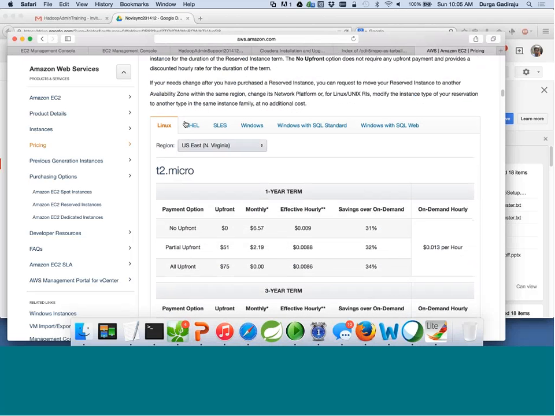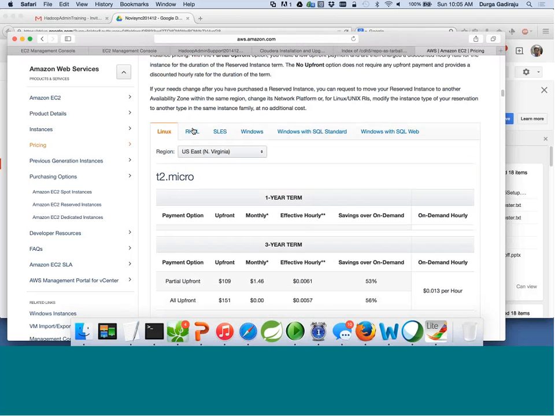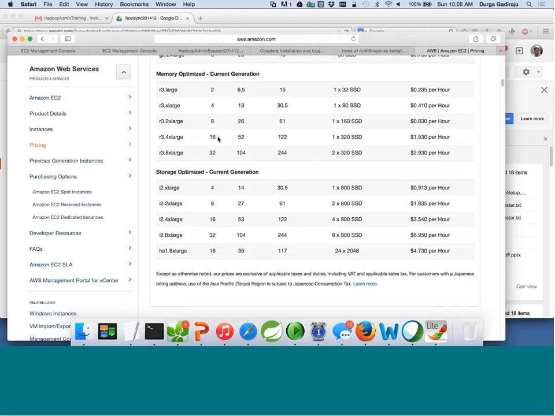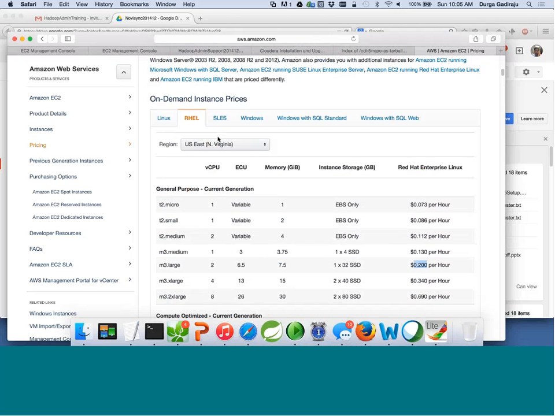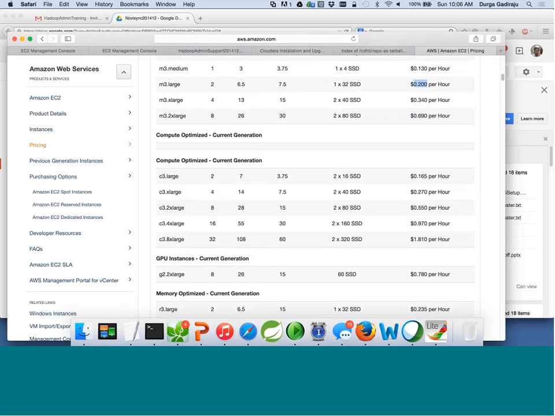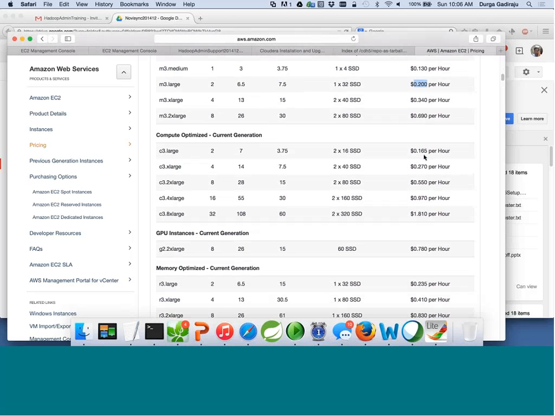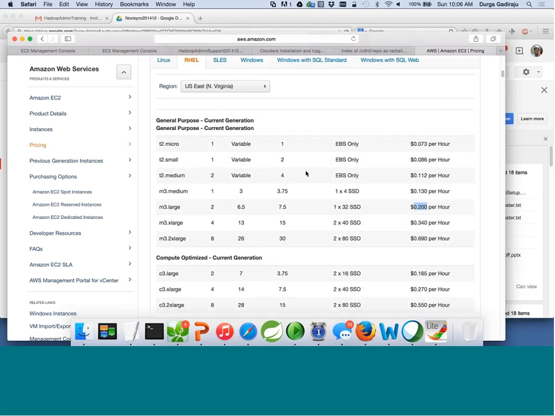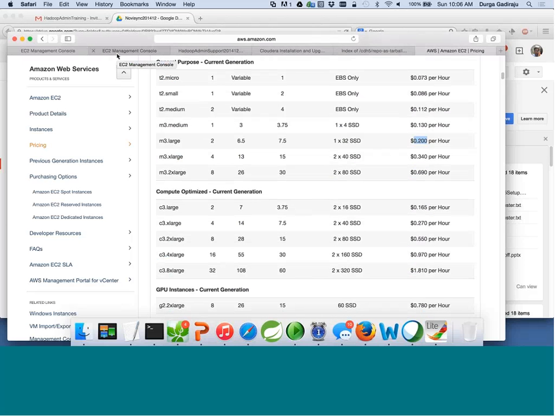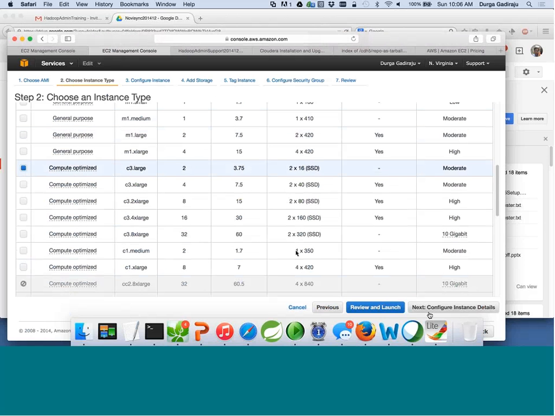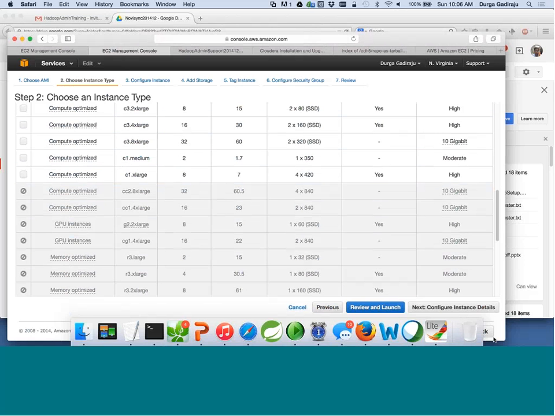The reason why it is showing 14 cents is because it is selected Linux. Red Hat Enterprise Linux is a little bit expensive. So in my case, I will be using Red Hat Linux, and I would like to go with the C3 large because it is only 16 cents per hour, rather than M3.large. Then I will go back to my console and I will choose this C3.large, and once I decide what instances I want to provision,